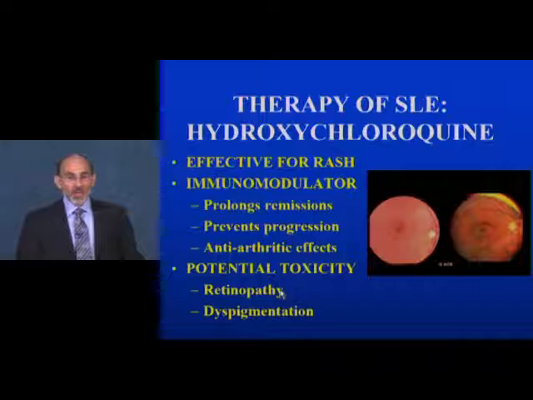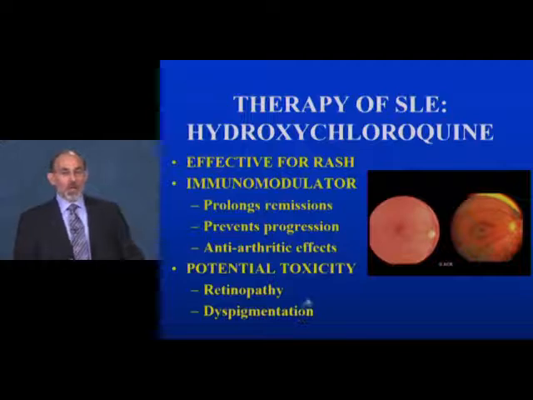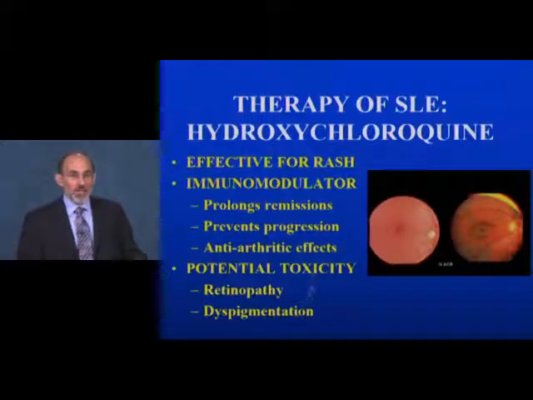It may cause a retinopathy at doses above 7 milligrams per kilogram, but Q6 monthly screening by an ophthalmologist will detect it and allow the drug to be withdrawn before irreversible retinal changes occur. It can also cause dyspigmentation and a not very pleasant gray hue to the skin, but it prolongs remissions and progression. And this is if people have partial lupus, for example, a positive ANA,